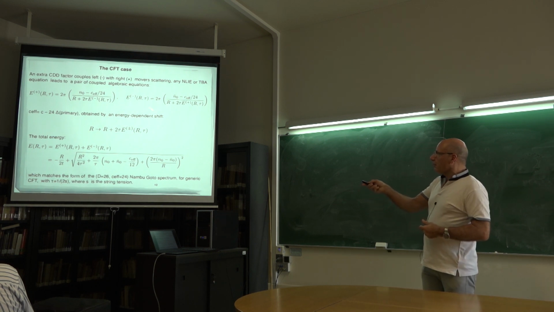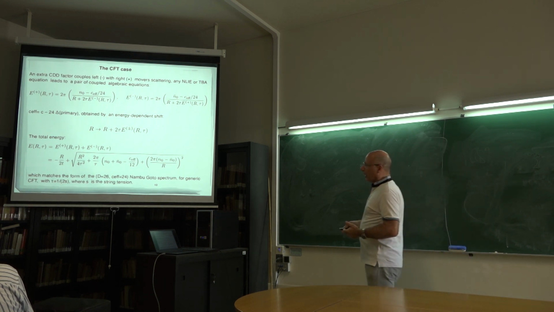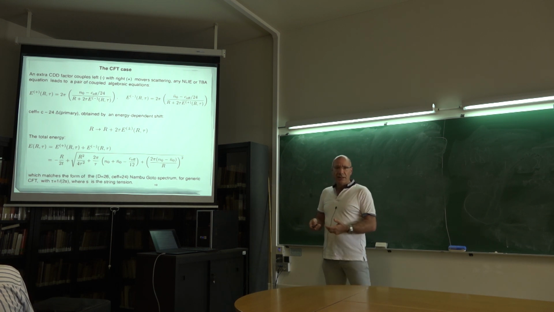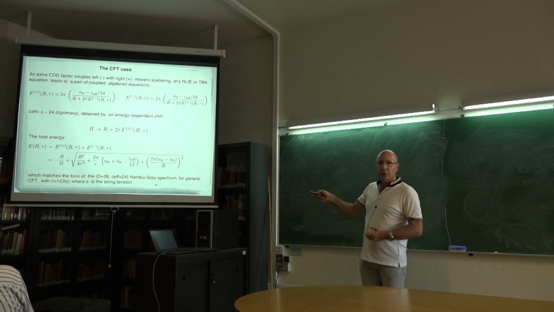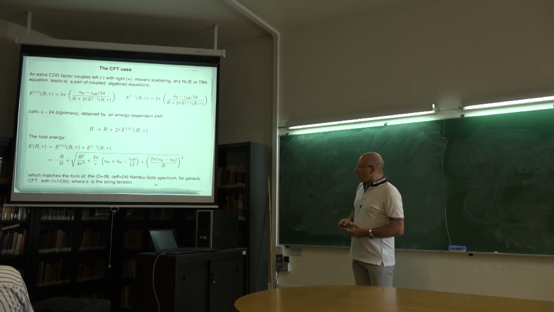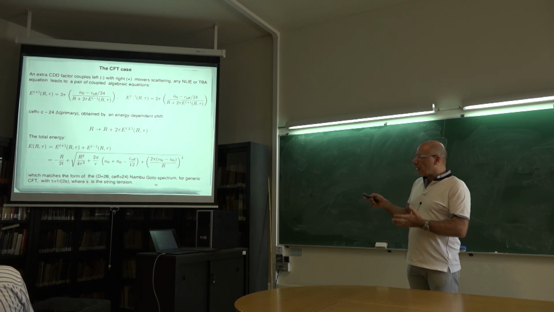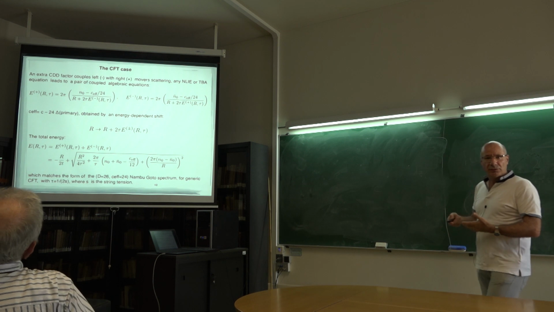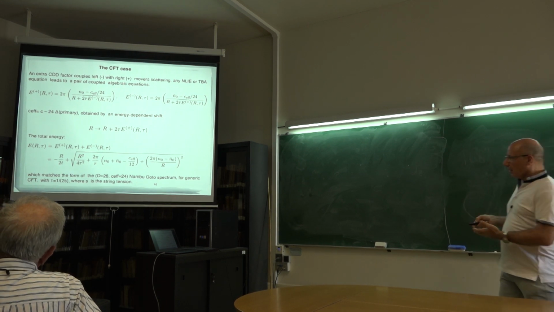So these are simple algebraic equations. You can solve them, and then sum the contribution from the right mover and left mover to get the total energy of the system. This is what you get. Okay? So it's amazing that this coincides with the result for the bosonic string theory, which is called the Nambu-Goto